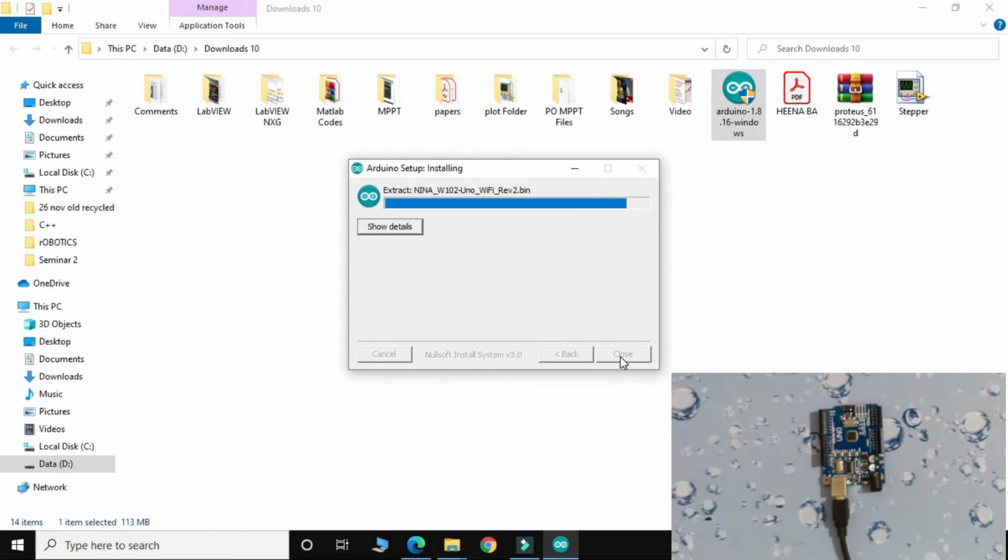So as you see, installing process is continued. It will take time according to your system performance and according to your internet speed.